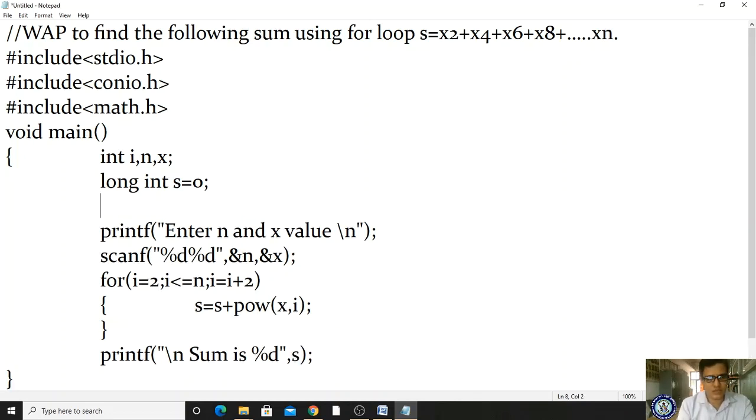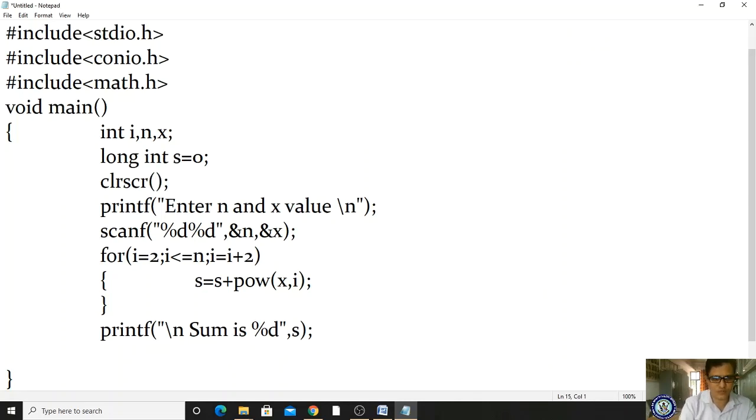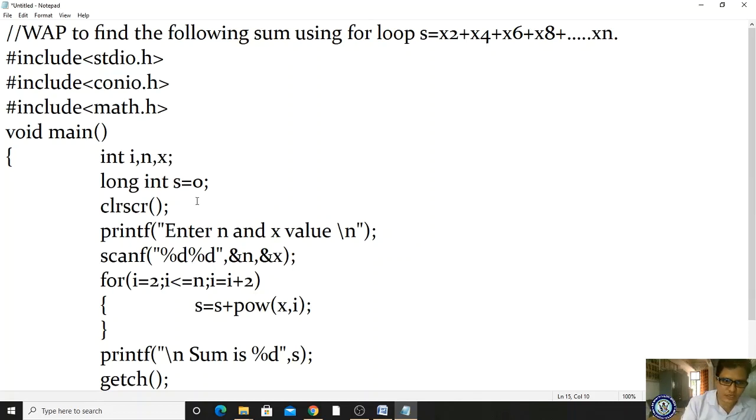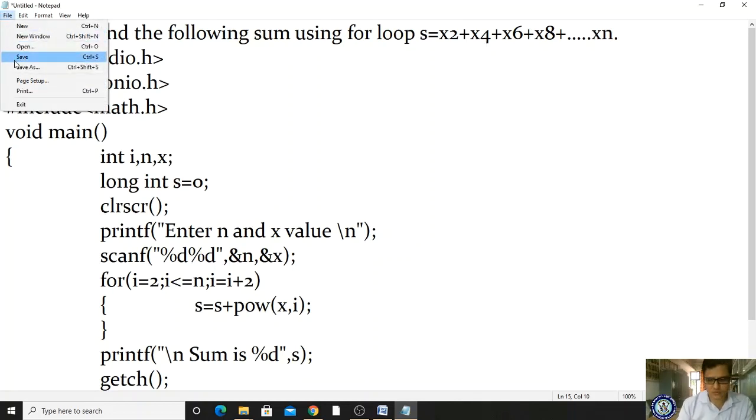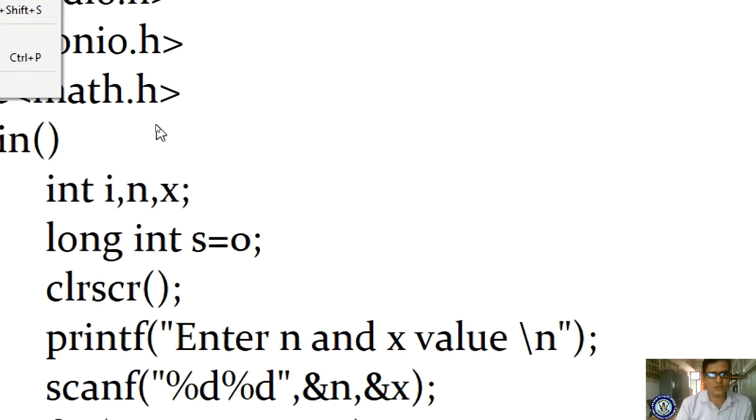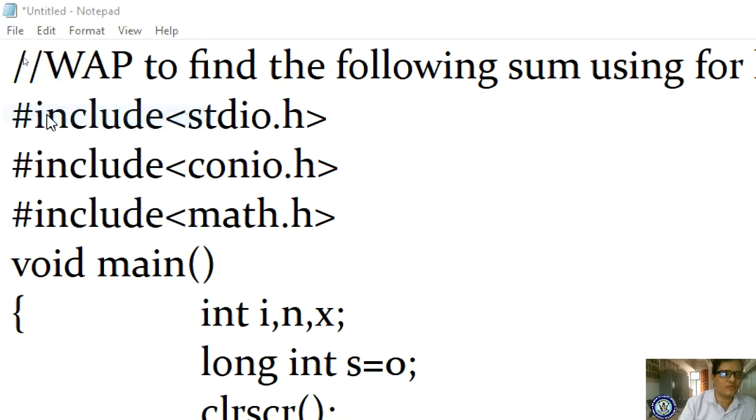Now let me check the execution of this program. I am giving the getch. You have to practice more, write down these kinds of series and try to solve these kinds of programs. Now I am going to save. While saving, we have to confirm where we are supposed to save.